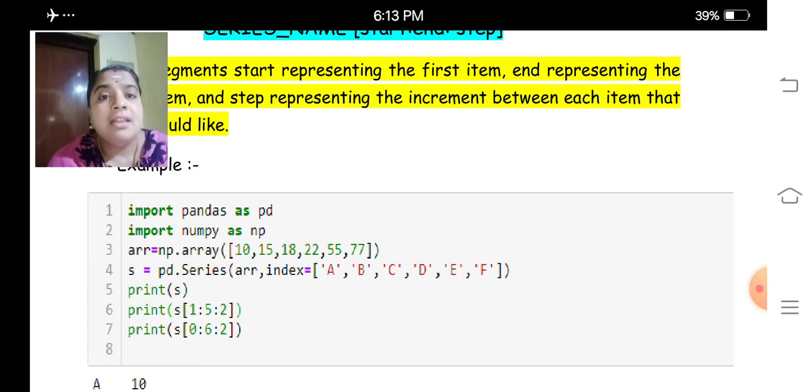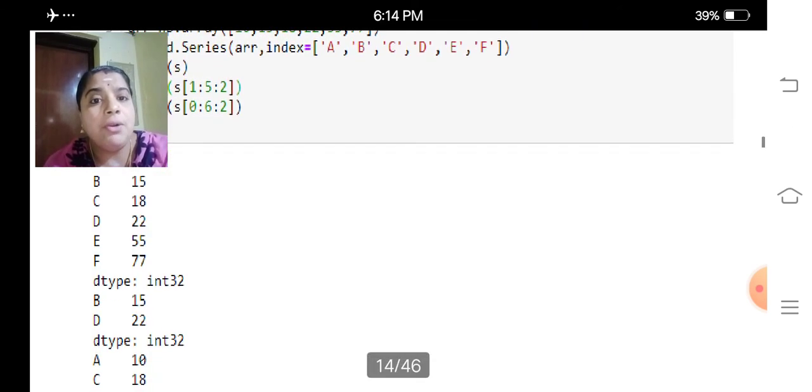Then the next is the series slice. S of, in square brackets, we are giving 1 colon 5 colon 2. What happens here? 1 is the first index, 5 is the last index, 2 is the step value. So let me check the output.